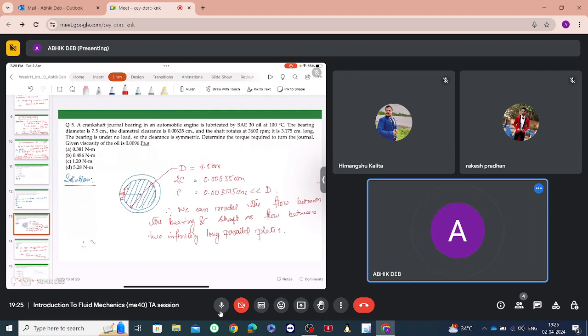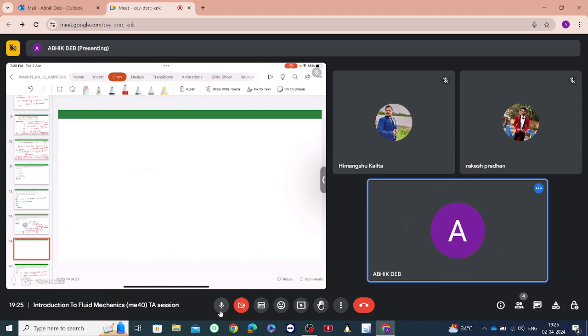Therefore tau is equal to mu into du by dy, or mu into v minus 0 by c, where v is equal to pi dn by 60. Therefore tau is mu into pi dn by 60 c, and the force due to this shear stress